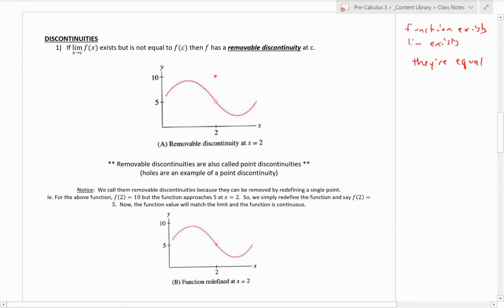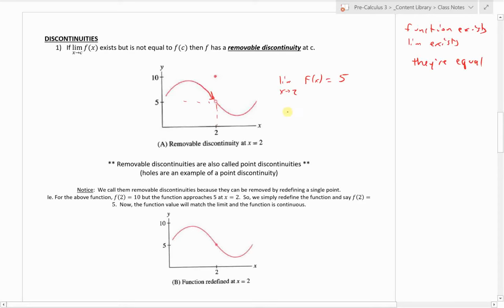So let's start here with the first type of discontinuity. What if the function value exists and the limit exists, but they are not equal to each other? So if the limit as x approaches c of f of x exists, but is not equal to f of c, then f has a removable discontinuity. So you can see here the function, as we get very close to 2, the function is approaching 5, right? We could say that pretty confidently, that the limit as x approaches 2 of f of x is 5. As we get close to 2, the function value gets closer and closer to 5,